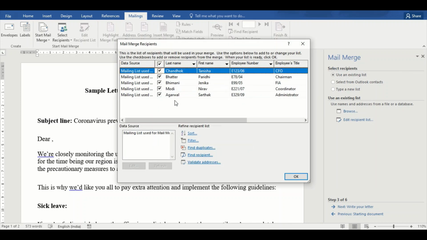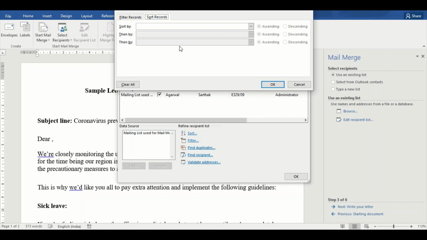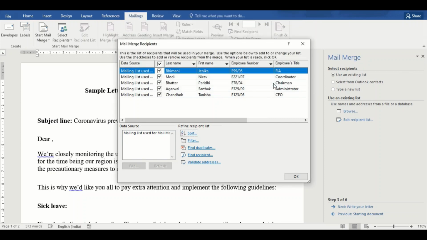Now it also gives me an option to customize whether I need a particular entry or I do not need a particular entry. There are options to sort it, where I can select if I want to sort it by the first name in an ascending or descending order and by any of the fields required.